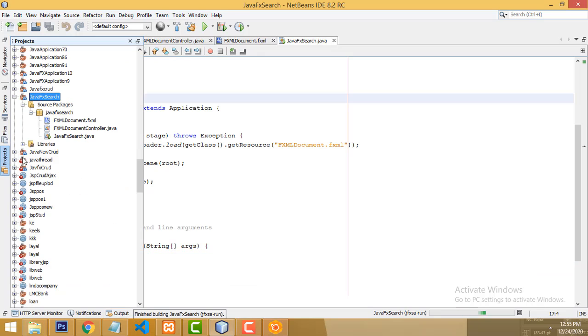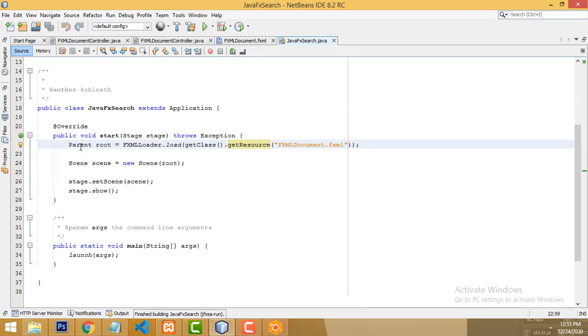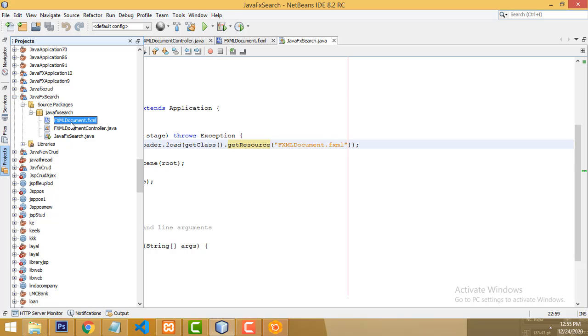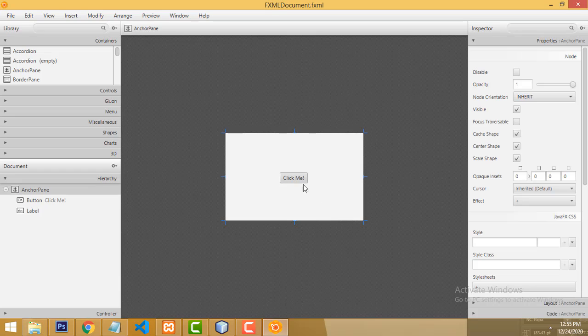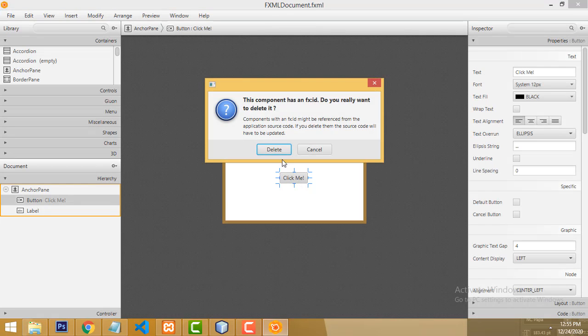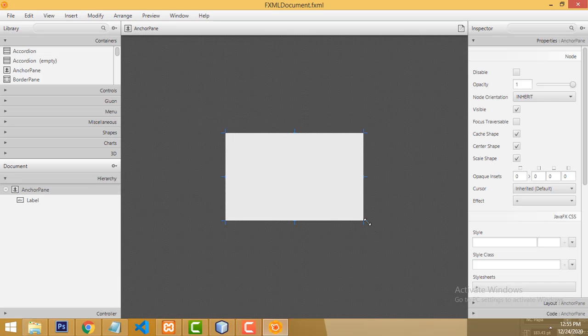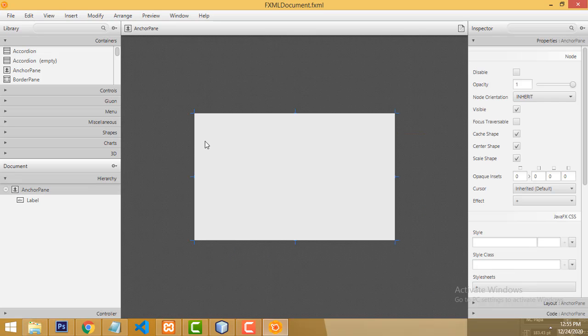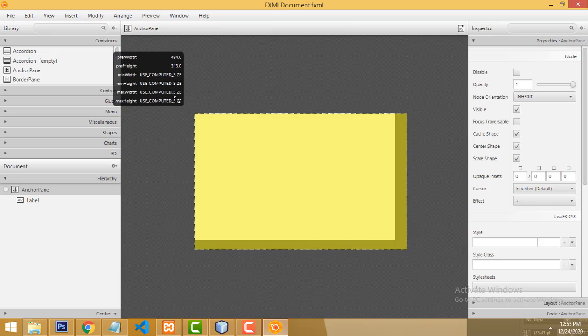Now what I am going to do is here. This is the path of your main file, Scene Builder. Right. So here, now this is your Scene Builder. I opened it. Now I am going to make the design. Right. So this is the default one. Press the delete key on your keyboard and delete this default one. I have to make the size a little bit bigger. Simply I am going to make it a bigger size.